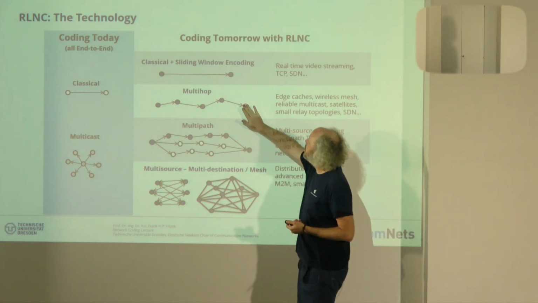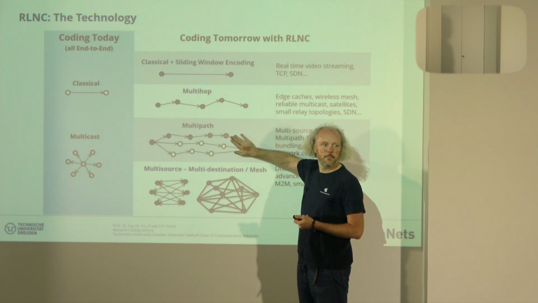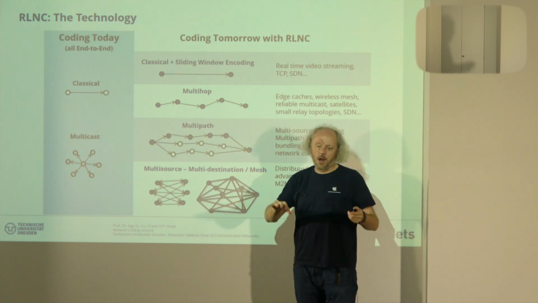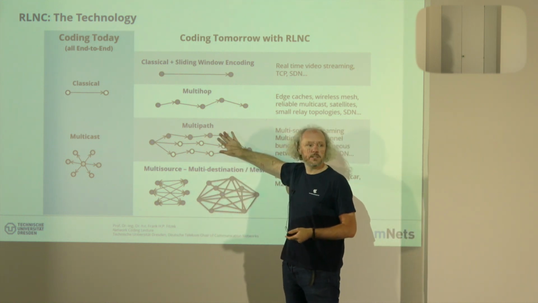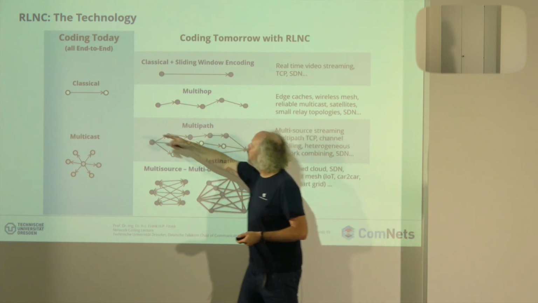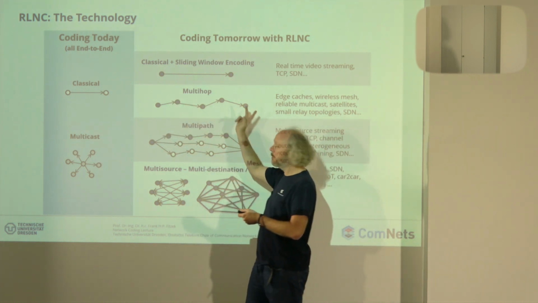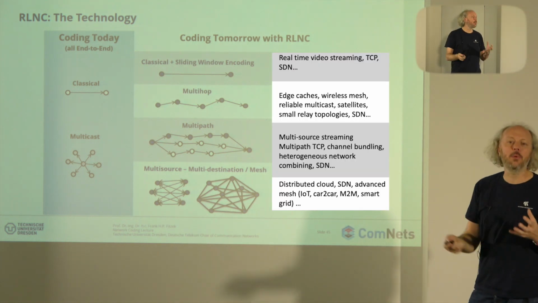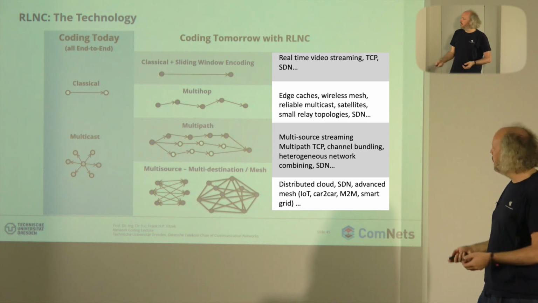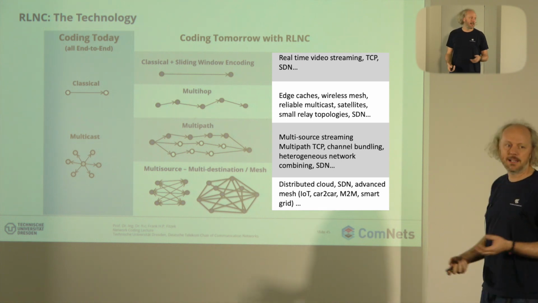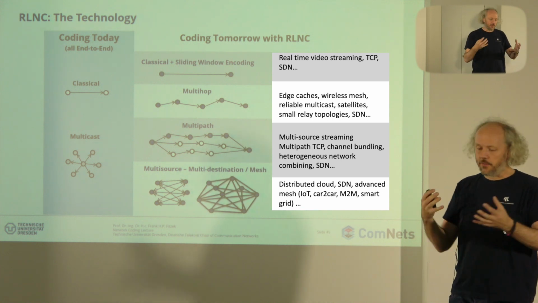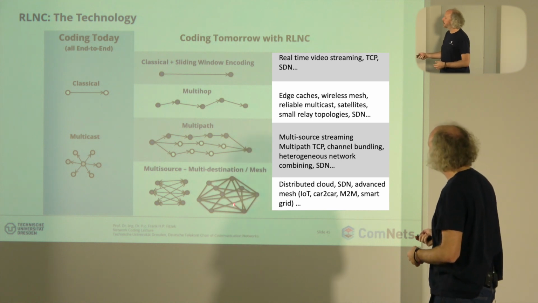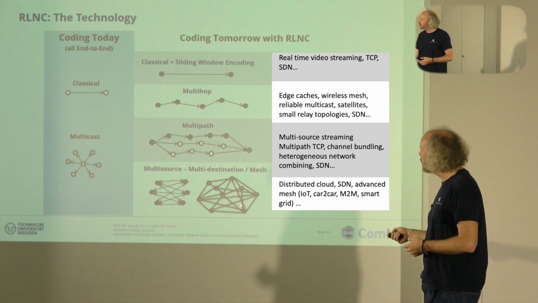For example, a multi-hop or a multipath system. So if you think about drones flying in the air, if you think about cars on the street, they create mesh systems. And this is not point-to-point. And if you always do point-to-point to point to point to point, there's latency problems. So it's very good for the new type of architecture that we will see in 5G, for example. But even if you look multi-source, multi-destination, source is, for example, when you get video streams from different sources, when you can store data in different stuff, if you have a mesh system, even here the code is very good.